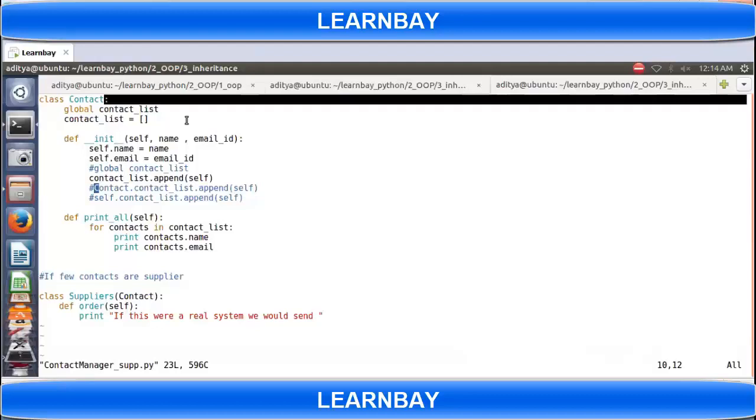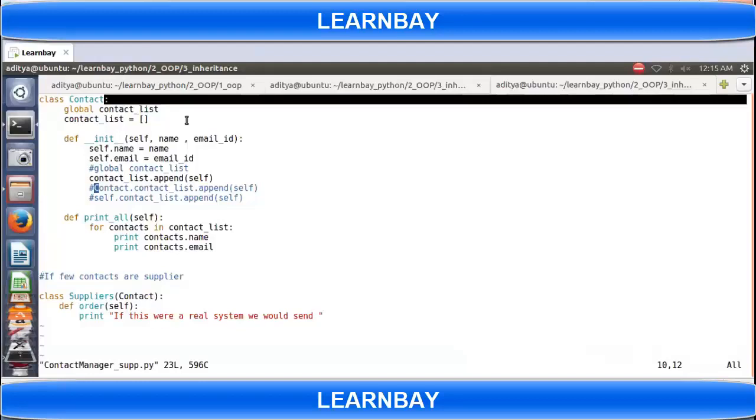So whatever code you have written, can you execute it just like this, or do you have to go back to the code? You have to create the object anyway, but you are getting an error in the line contact manager dot all contacts dot append. If you comment out that line, it works, because self is self. It should not be there. It's an error in the class definition, sir.